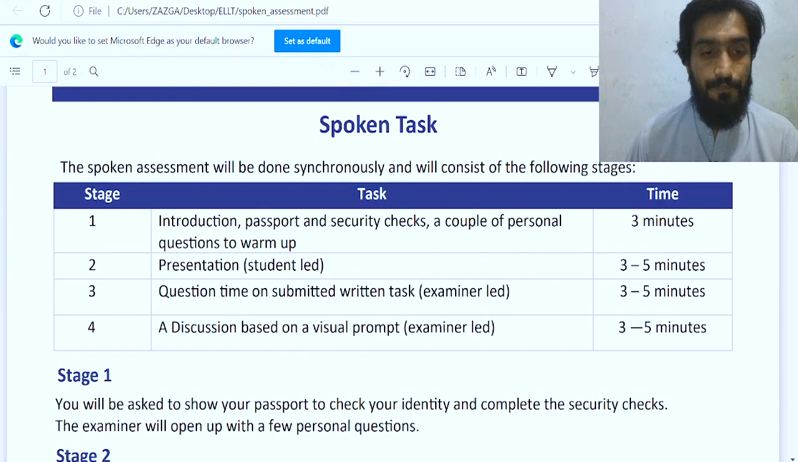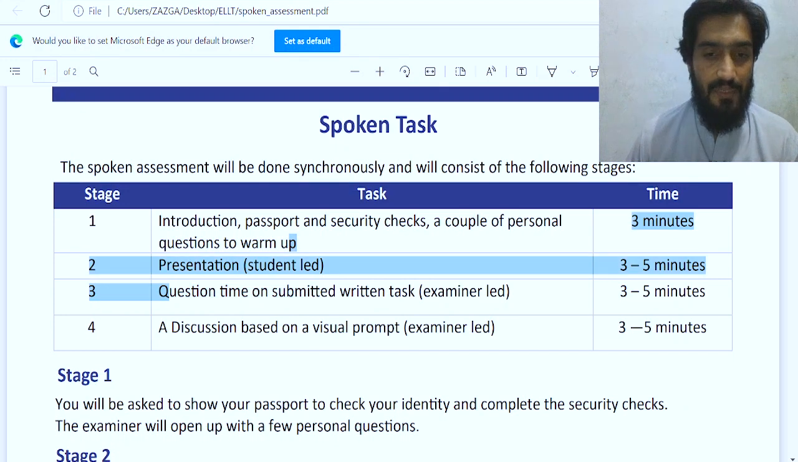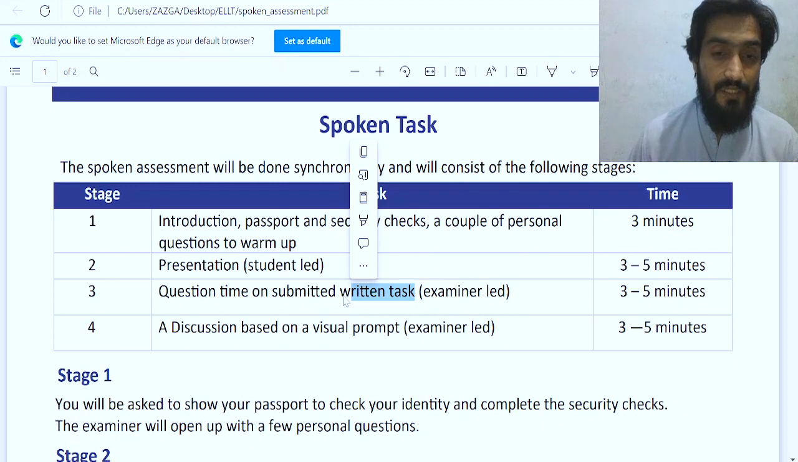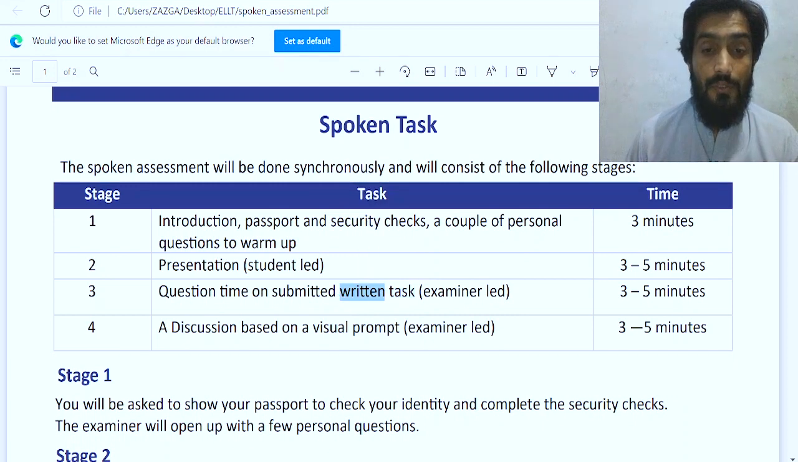Now stage 3. Stage 3 will have some questions and answers between the examiner and the student, and it will be led by the examiner. The examiner will ask you questions about your writing task, the task that you might have written 5 days ago, 4 days ago, 3 days ago, 10 days ago. So you have to remember what you have written,